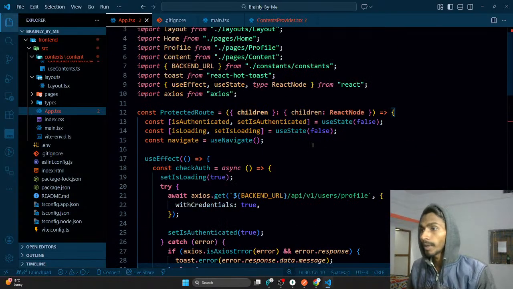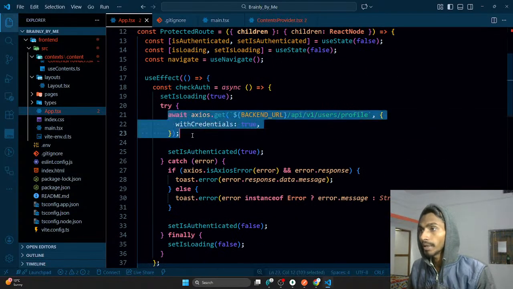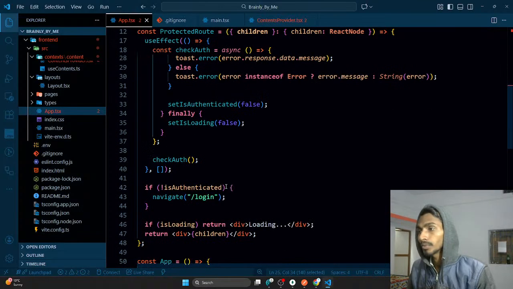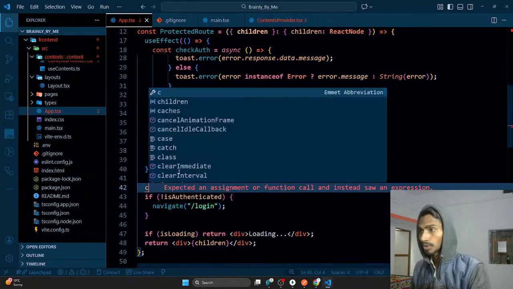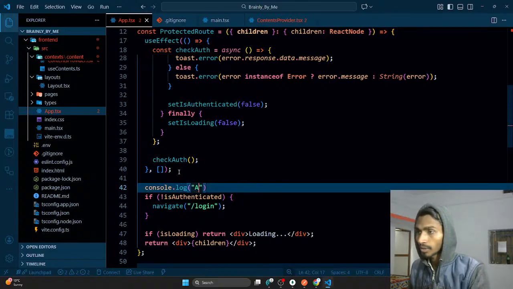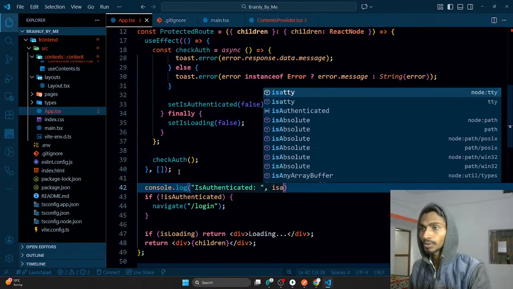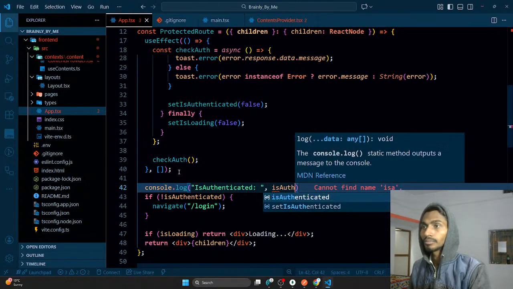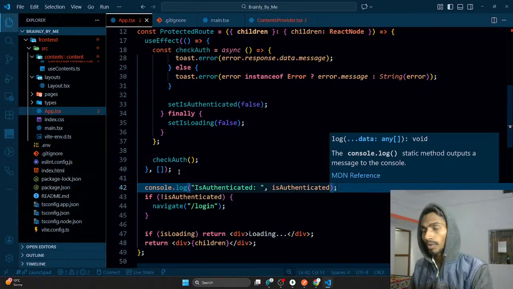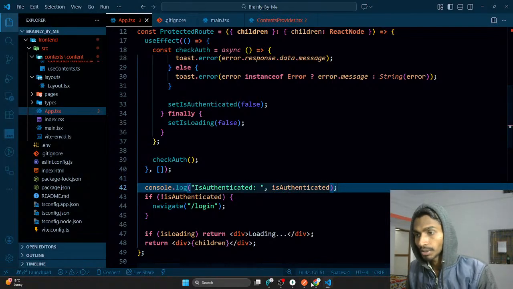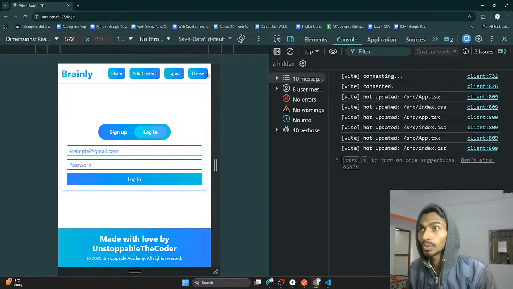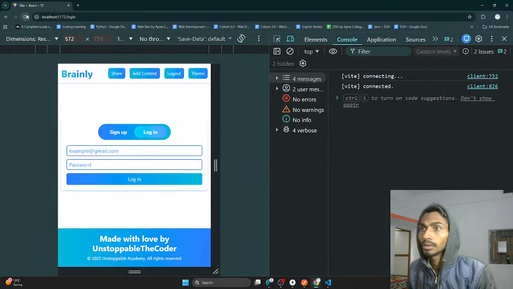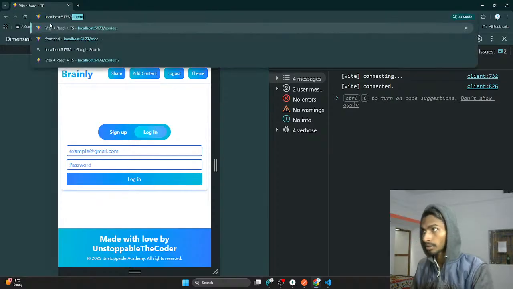Authenticated is false by default, and whenever this goes right, I'm making it authenticated true. That simply means I should be able to log in. Let me log isAuthenticated. I want to check right now whether the user is actually authenticated or not. Let's go to the console, reload the page, connecting. Let's go to content,